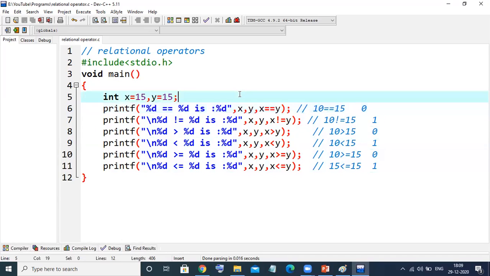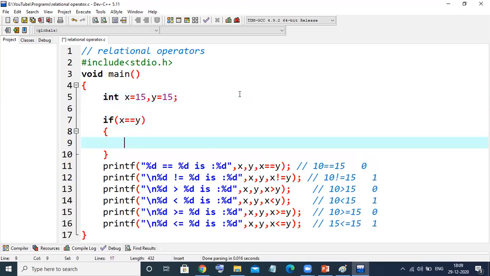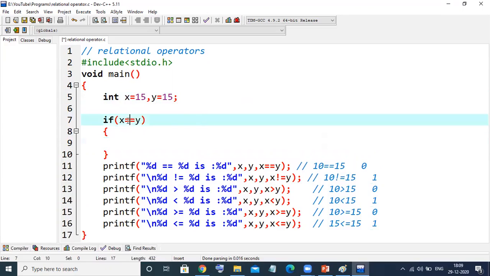For example, here I'll write some statement. If my x is equal to y, see how the conditions are going to be implemented. This is the relational operator. If x is equal to y, I just want to printf,